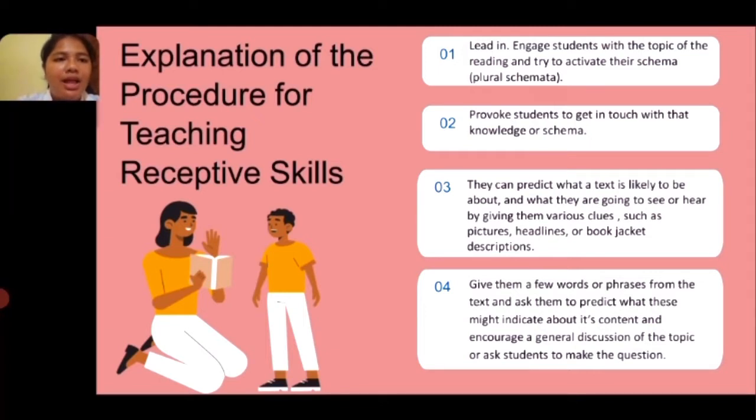Number 3, they can predict what it is likely to be about and what they are going to see or hear by giving them various clues such as pictures, headers, or a book jacket description. Number 4, give them a few words or parts from the text and ask them to predict what they might indicate about its contents, and encourage a general discussion of the topic or ask students to make questions.